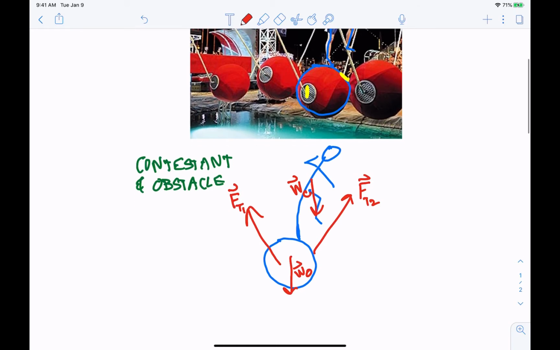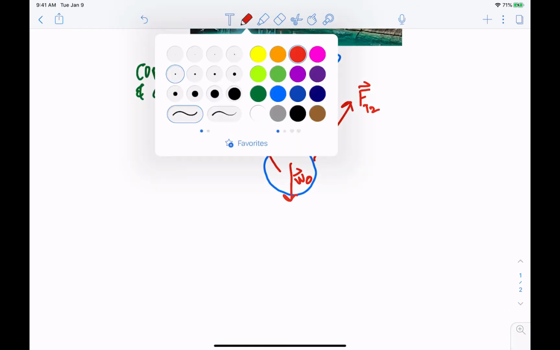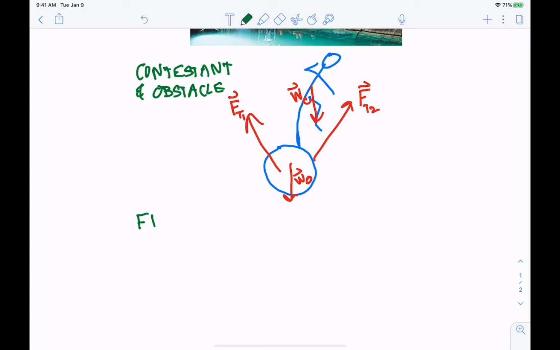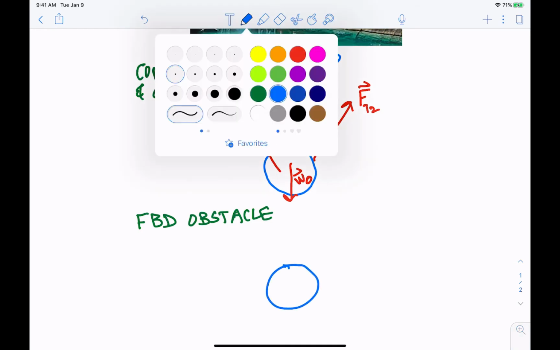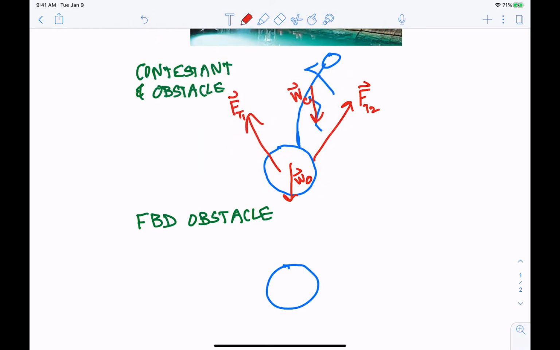What if I wanted to draw a free body diagram of just the obstacle? Which is really what this phase of the project is asking you to do. If I was drawing just the obstacle, I would have a representation of the obstacle. In this point, it's the swinging bridge, the spinning bridge. I would have my force, tension 1, my force, tension 2, the weight of the obstacle itself, and then